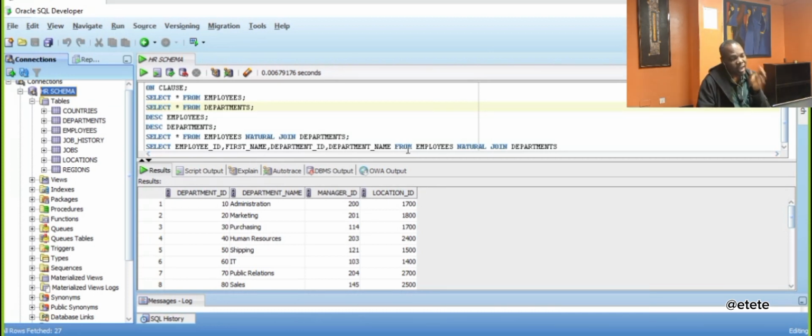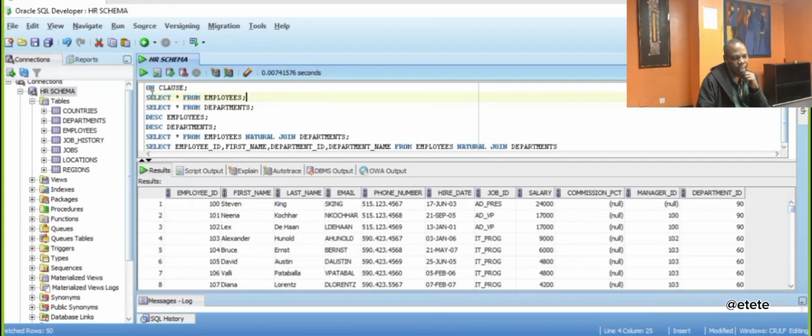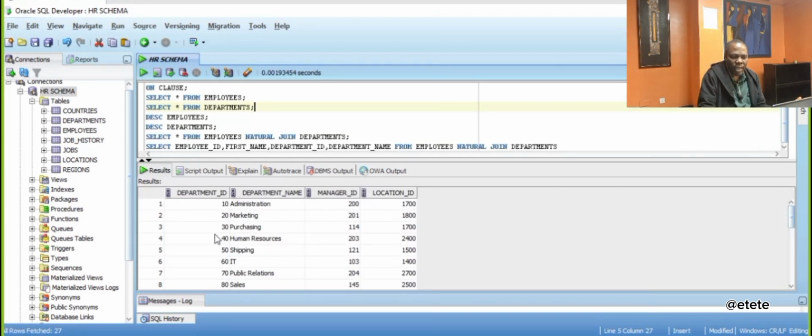So the output I'm trying to pull out here is this: if I run this employees table like this, I am getting all this information, all this data out. But from this data that I'm looking at, I don't know the department name. I only know the ID of the department, but I don't know the name. So this table alone cannot give me what I want. Now, when I run this department table, I only know department ID, department name, manager ID, location, but